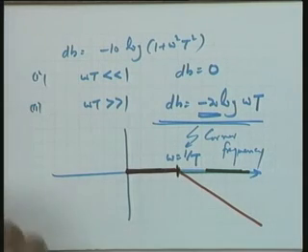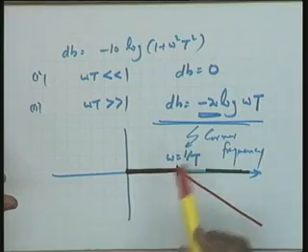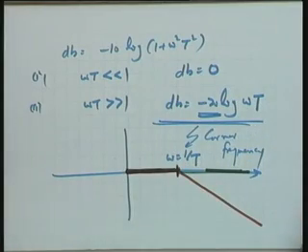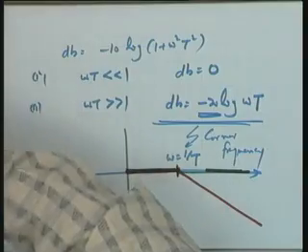So, I now get this as the total plot, where omega is equal to 1 over t as my corner frequency, and this is the equation I am getting. Now, help me please, what is the phase angle plot? Please make a sketch. Isn't it derived from the actual plot? Yes, that we are going to see.